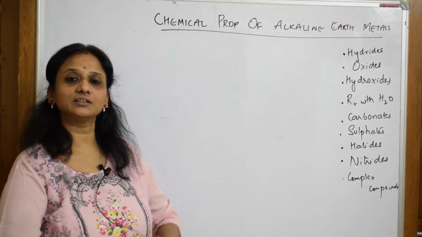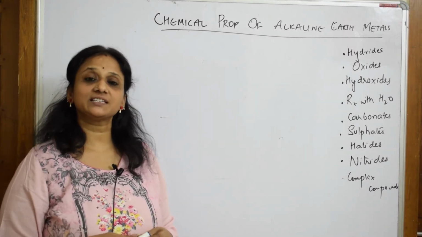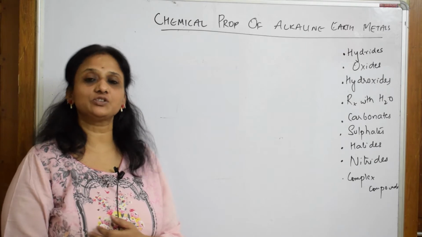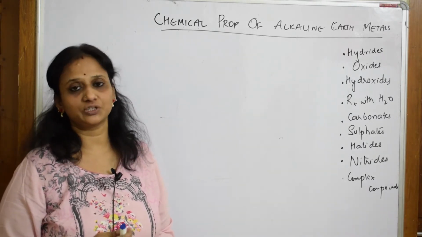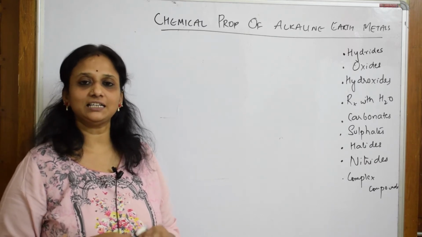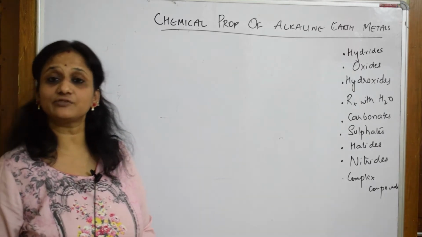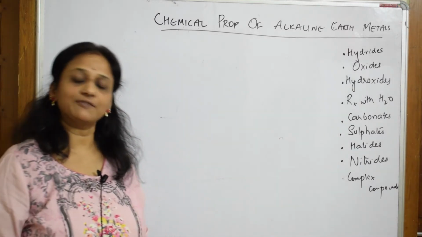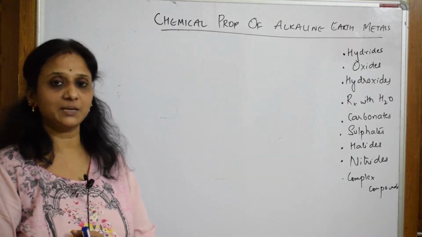After your inorganic reactions made easy, let us come back and start with this concept. I said we need to study the chemical properties of alkali metals as well as alkaline earth metals. That is where you'll be questioned, right? After completing the chemical properties of alkali metals, I also gave you the general information about the trends of alkaline earth metals, right? Now, after the trends, let us come back to the chemical properties, very important.